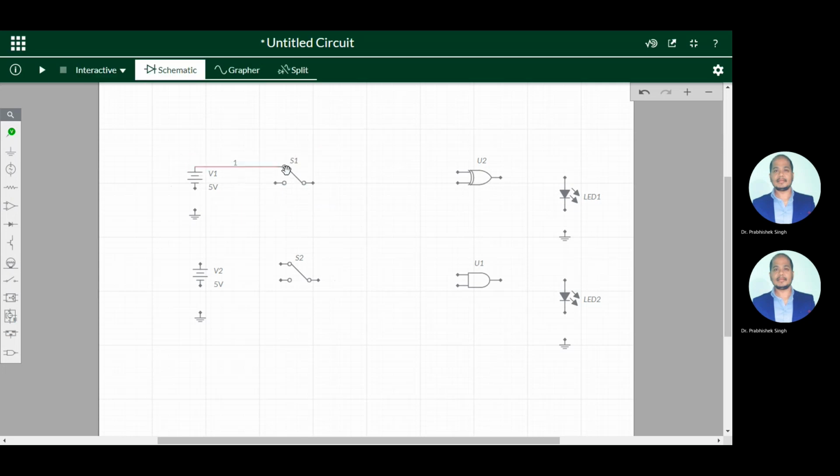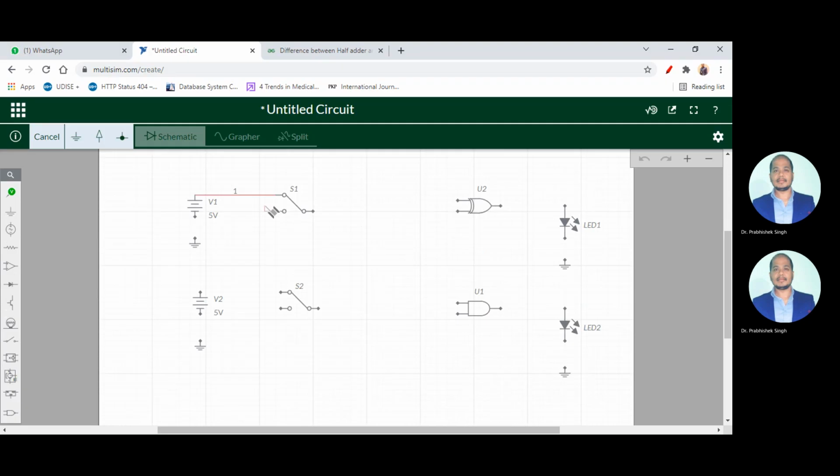Firstly you will attach this to DC voltage, and later on you have to attach this thing. Firstly you have to connect this DC voltage to the ground. Similarly connect this DC voltage to the ground.